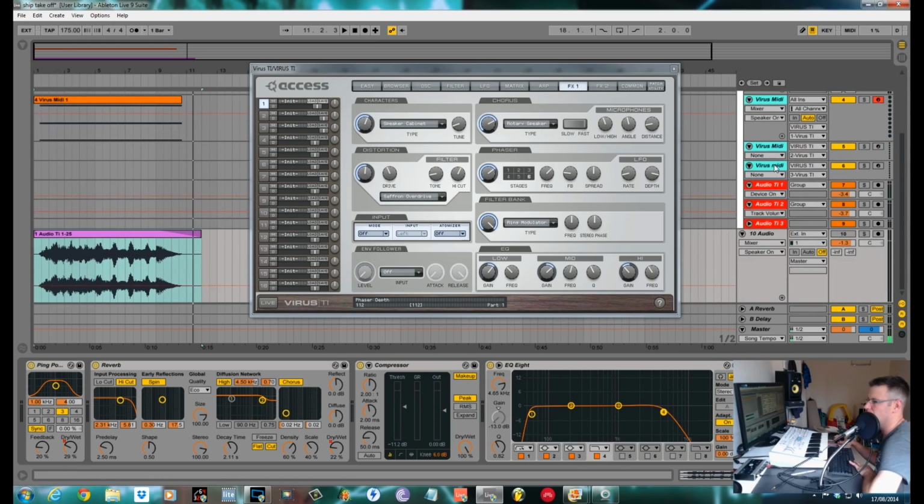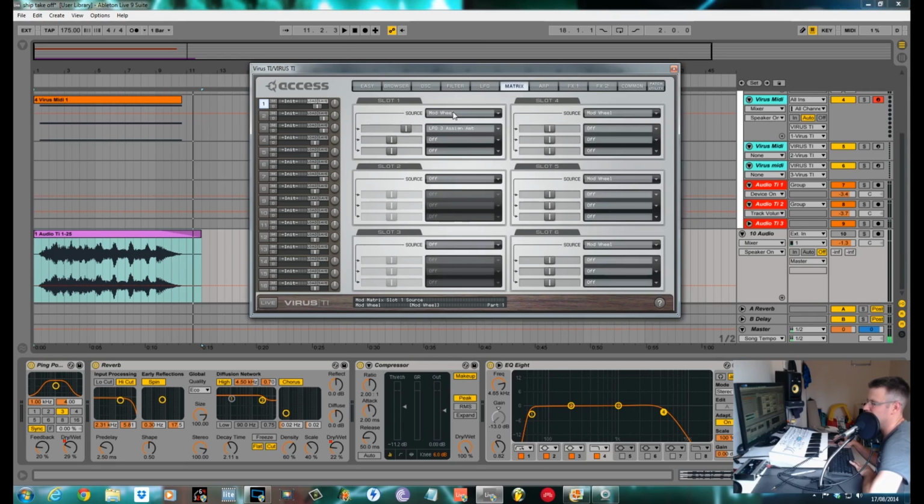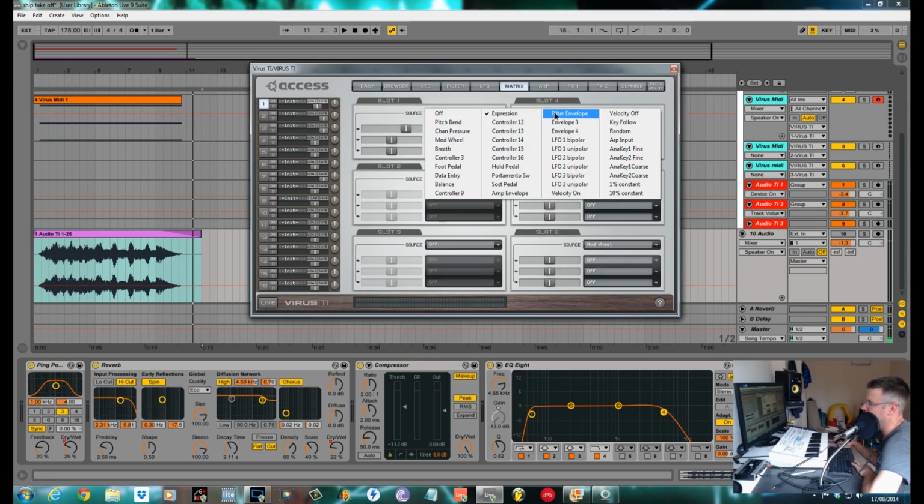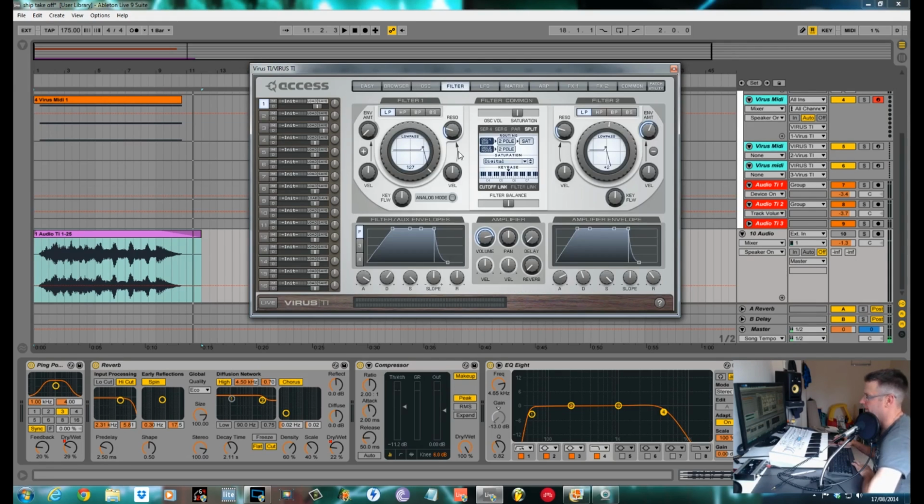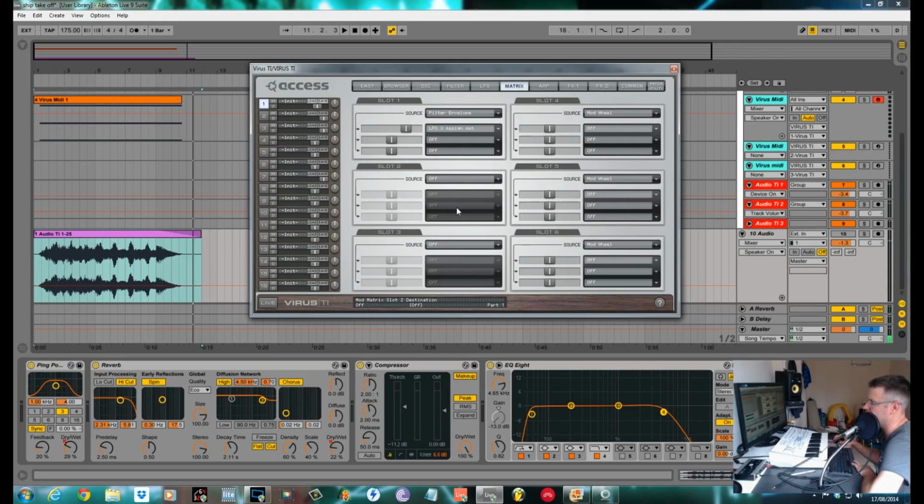All it is now is modulation within the matrix section. This is what is going to change the sound and help us to move things about. So source 1, the main tool for this, is a filter envelope, which we set up earlier, which has quite a long attack, so it's gradually going to increase or decrease the amount of the effects that we set in these boxes. And what I did was